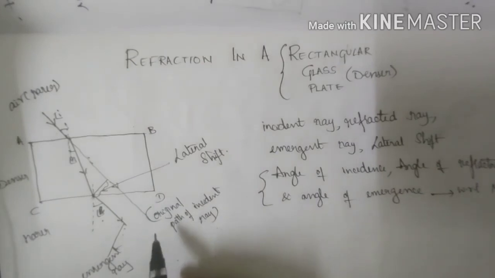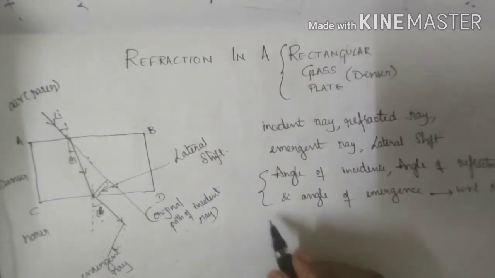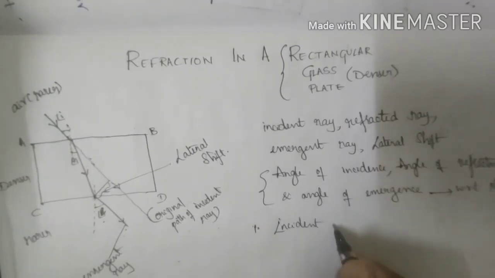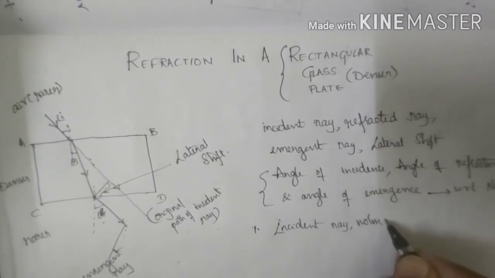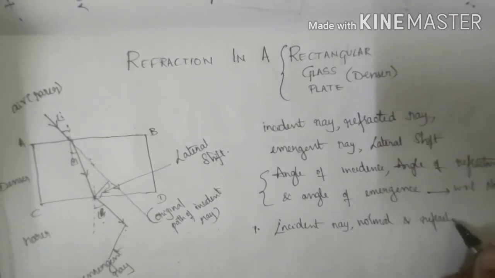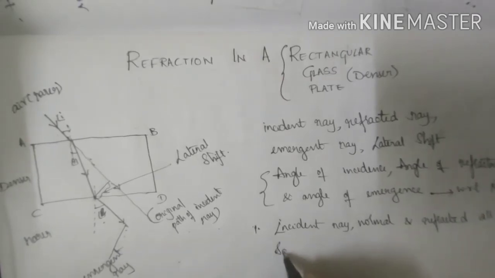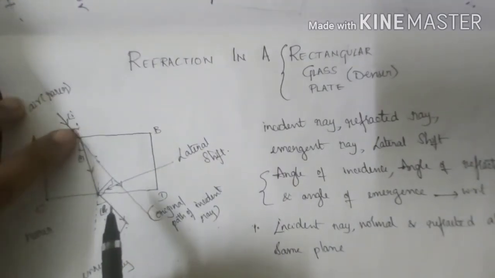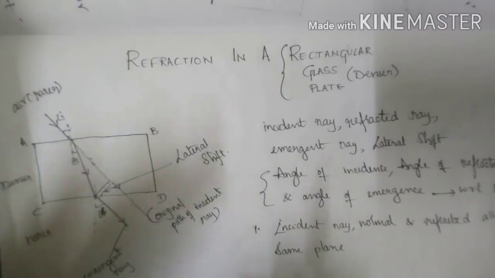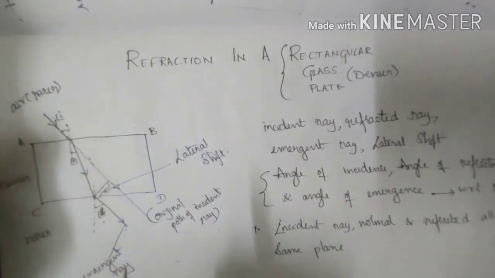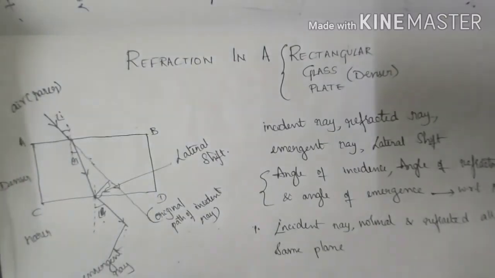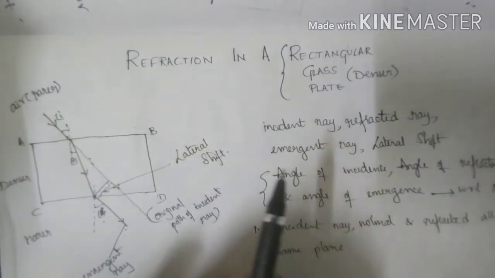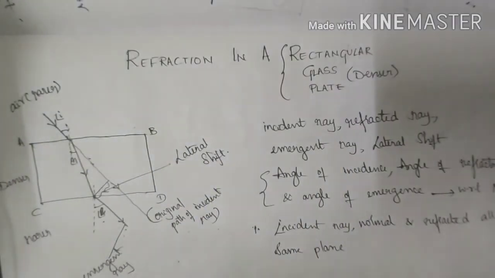Again from this, if you apply your laws of refraction, then you will get that the incident ray, normal and refracted ray all lie in the same plane. So the incident ray, normal, and the refracted ray are all lying in the same plane. If I'm just cutting this slab, just for your imagination, let's take this as simple paper. If it is a paper, I'm cutting it and folding it. Now I will not be able to see this refracted ray, right? So this is how it works.